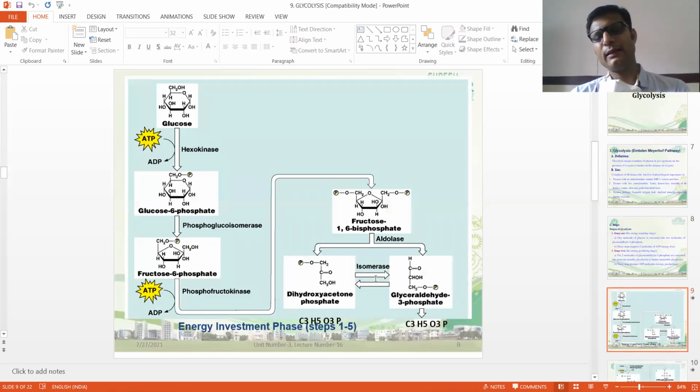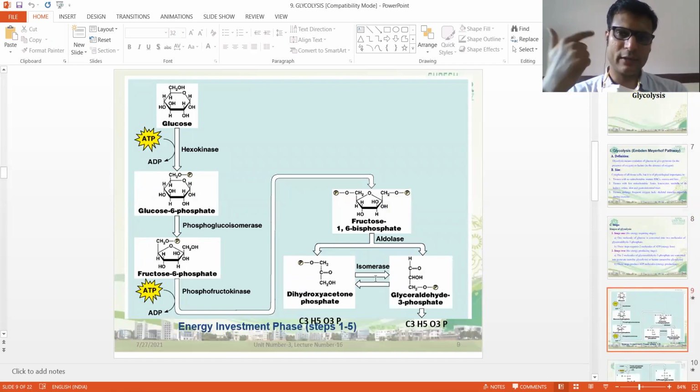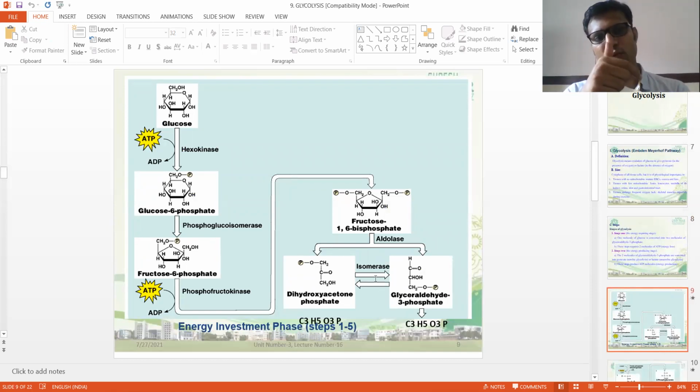Now we'll see the cycle in detail. How the cycle works. The first step is your energy investment, the energy we need to give to carry out this first part of the cycle, that is your energy investment phase. There are a total of 5 steps where we need to give energy so that the glucose can convert